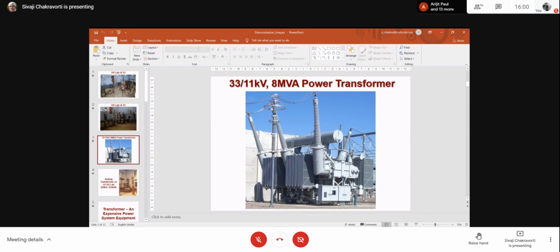That depends on load. When the load increases, temperature increases. When the load decreases, temperature decreases. In the evening the load is very high, and oil temperature goes up. In the middle of the night, load goes down and temperature goes down. So the oil will expand and contract, and we have to give some space for that. But at the same time, you have to ensure that under no circumstances air comes in. So this conservator tank is used, and it is never full. It is half full with oil.